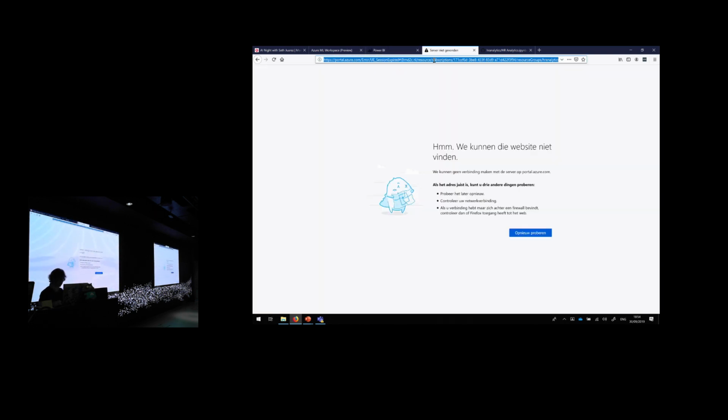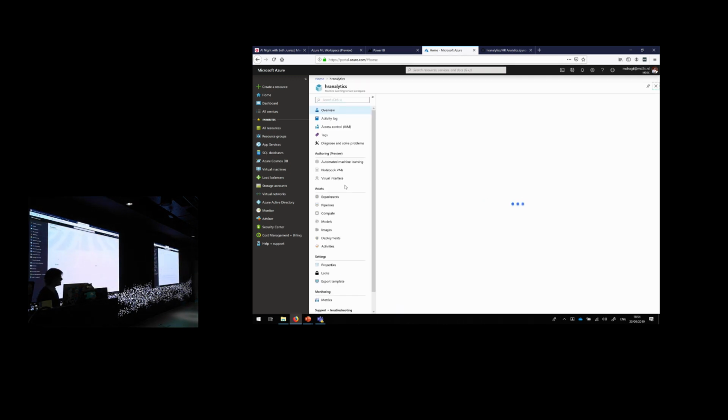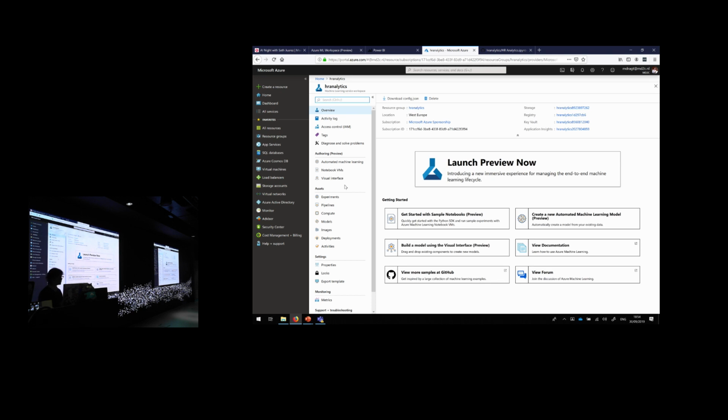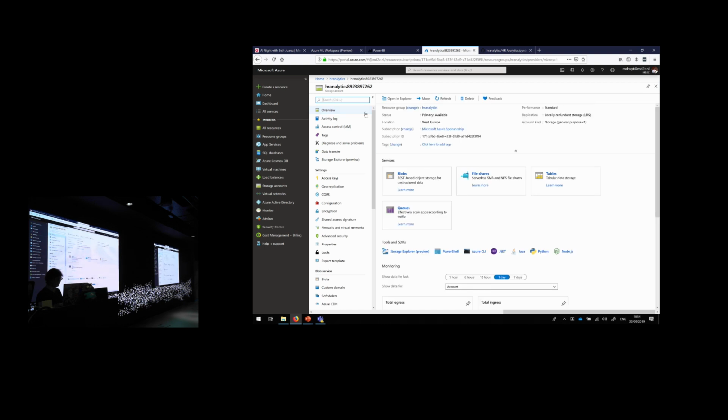And let me see if this can find my session. No. But hey, here we go. Good. The nice thing, actually, when you create a workspace is that it also creates storage for you. So here we've got a storage. And there we go.